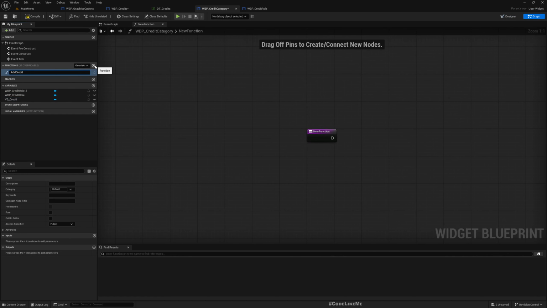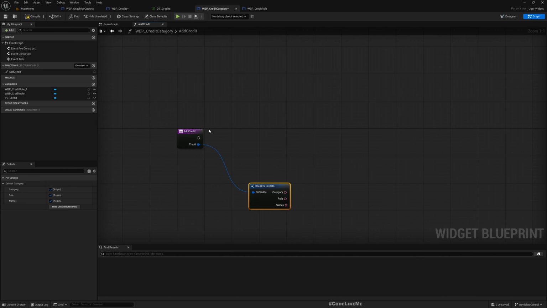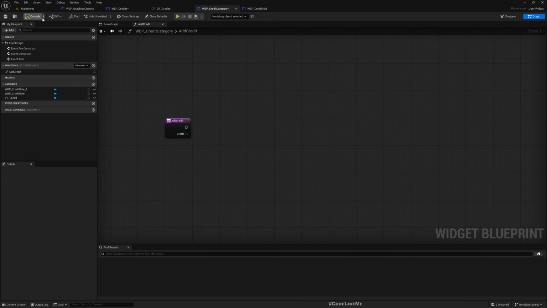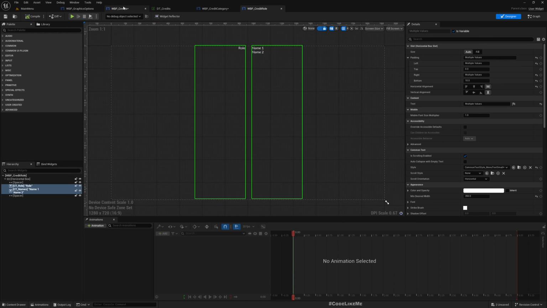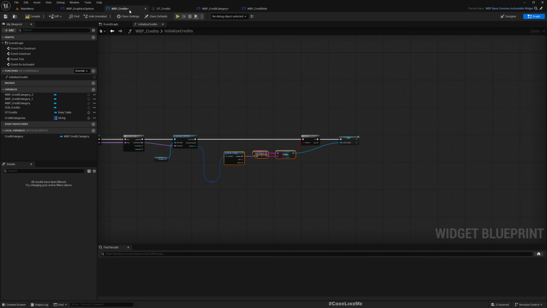Add credit, and we should get an input parameter as credit. Let's call it credit. For now, I'll just break this, but I just don't need to do anything basically for now. So I'll just leave it empty, and then